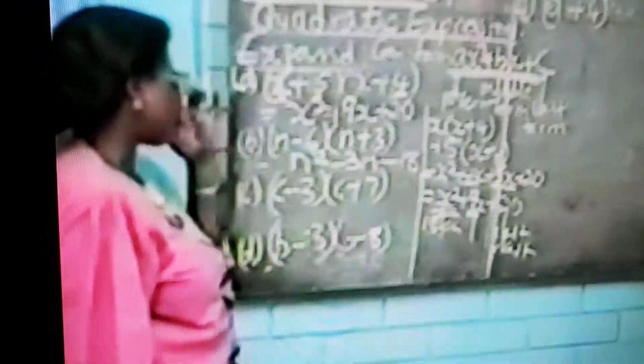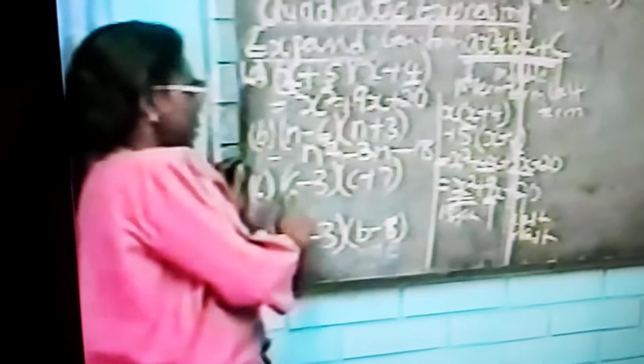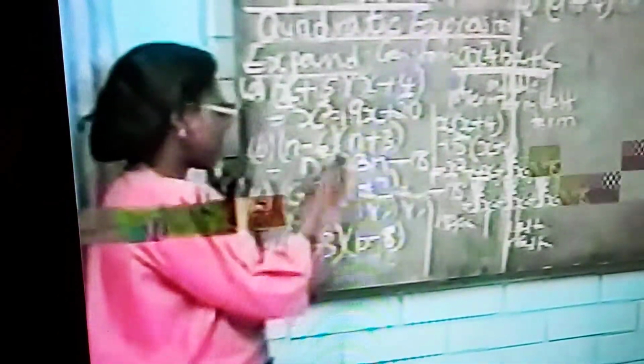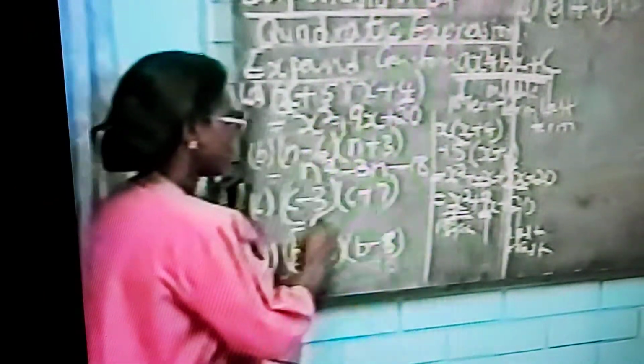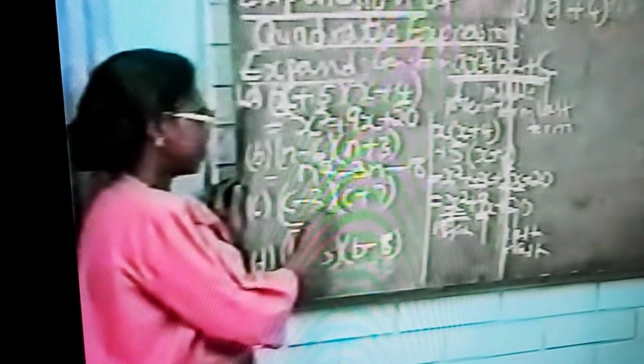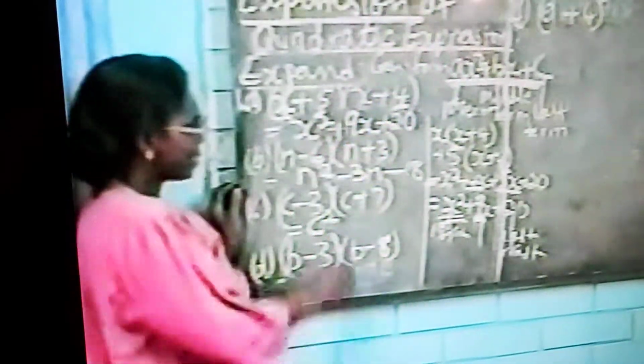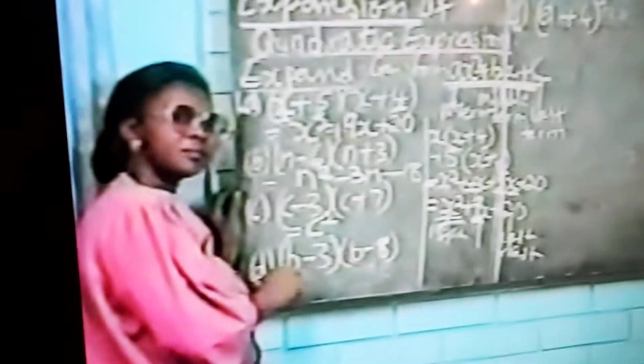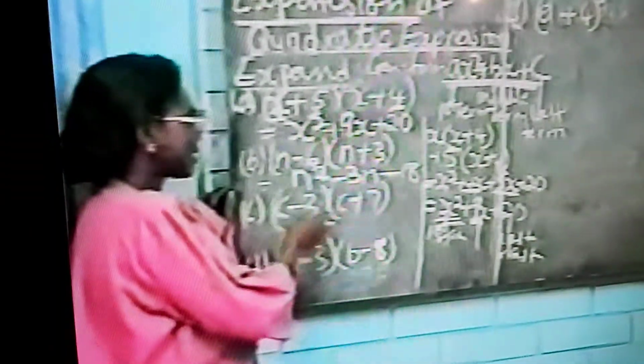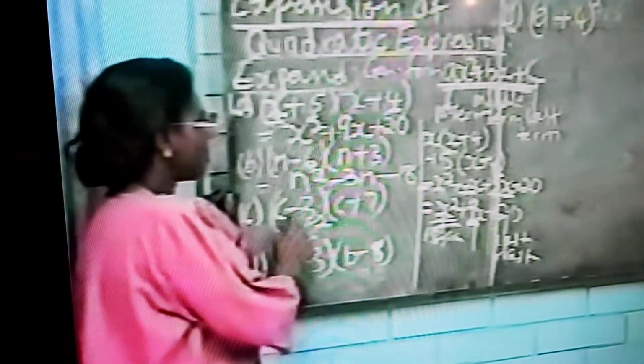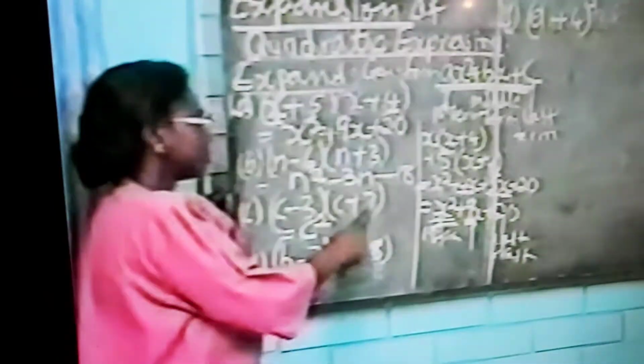So let's have the next one. C times C to get the first term. That will give us what? C squared. To get the middle term, what do we do? We add the two constants here. So minus 3 plus 7 will give us